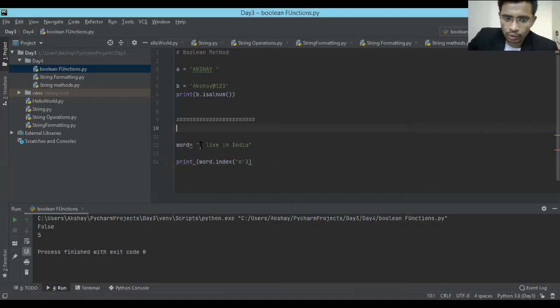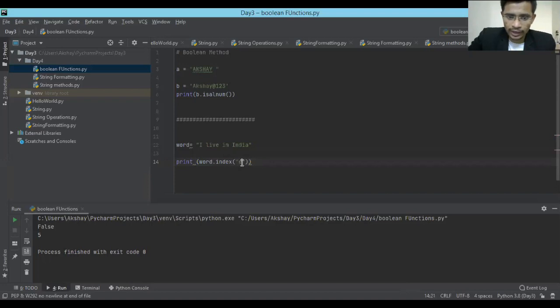So you don't have to go by manually 1, 2, 3. You don't have to do the calculations. Let the computer do all your calculations. So with this index function, you can find where this particular letter is located. It will help you to do the next calculation while we are working on an email slicer project or reverse string project. That time it will help you. Okay, so this is all about index.